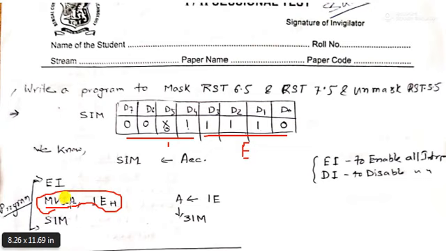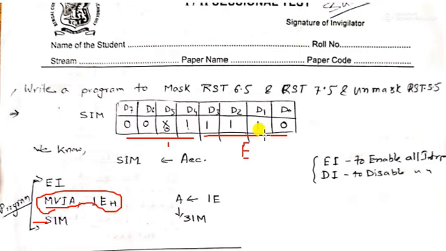So we have to load the accumulator first. We load the accumulator with the value 1E. If we load 1E, that means the accumulator bits D0 D1 D2 D3 D4 are loaded according to our purpose, our operation. And when we use the SIM instruction, SIM will load this format,